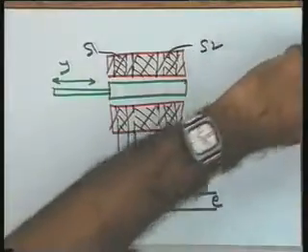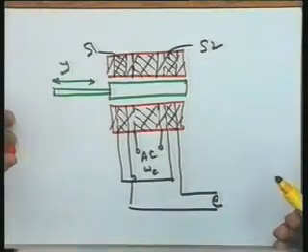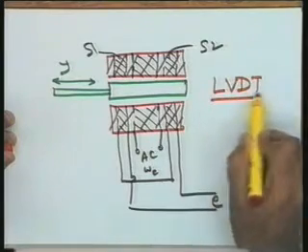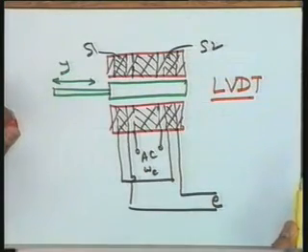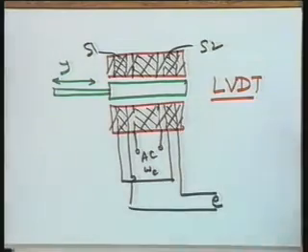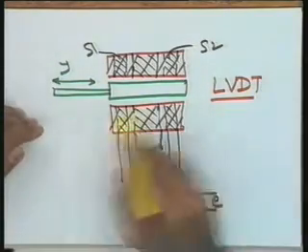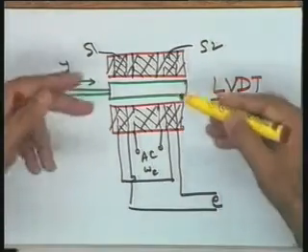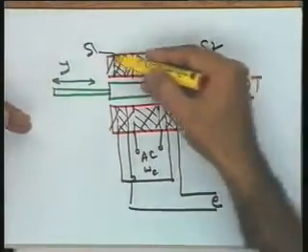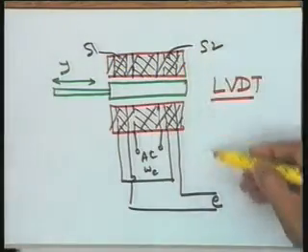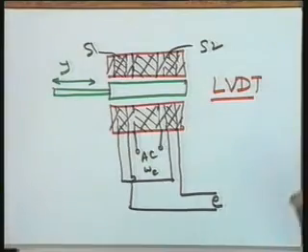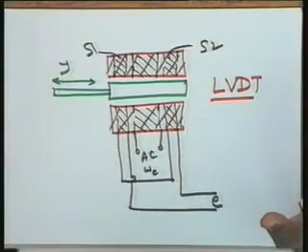Now let us see how this device works. Some of you might have already come across this device. This is your LVDT, linear variable differential transformer. Its working is simple, a similar type of transformer action. Let us say the core is in the exact central position. The flux lines are linked to the two secondaries, and since they are in phase opposition, the net voltage E available here is 0 when the core is exactly in the center position.